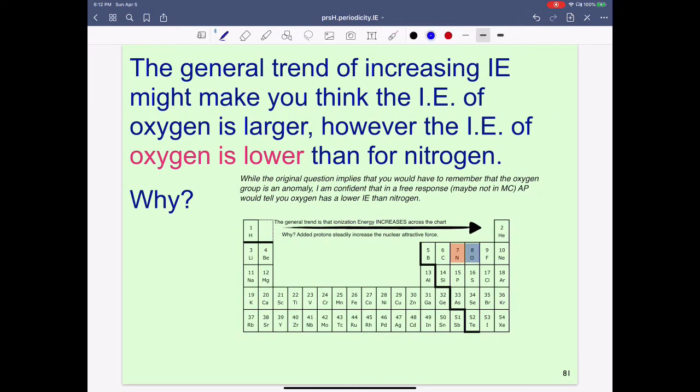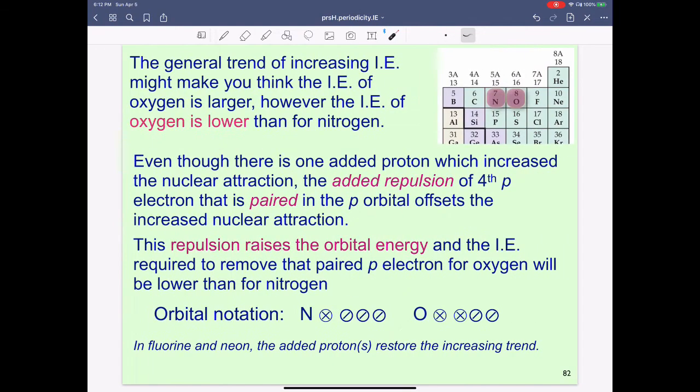So as we've said, the general trend of increasing ionization energy would make you think, if you didn't realize there were some anomalies, that oxygen would be larger than nitrogen. Let's look at them both here in the periodic table, and let's dig a little bit deeper as to why that happens. Even though there is an added proton as we proceed across the chart, and let's acknowledge that, which would increase the nuclear attraction,